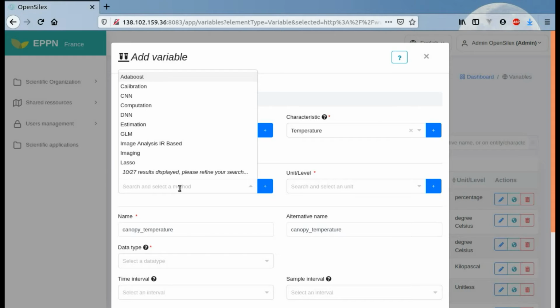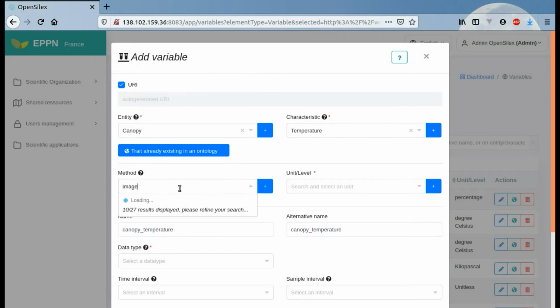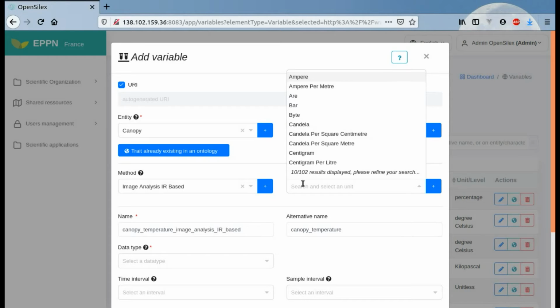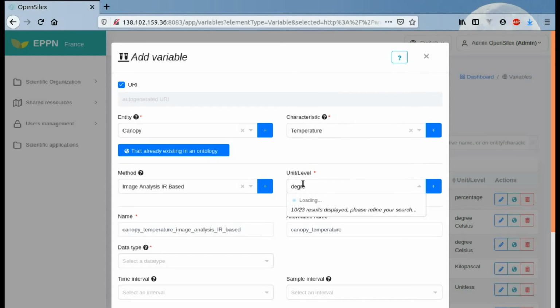Then we have the method that is used to acquire this variable. So in this example this is an image analysis with the infrared spectrum. And finally we have the unit that is used to express the results, so it is degrees Celsius.